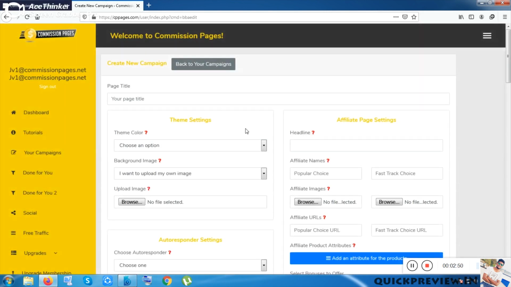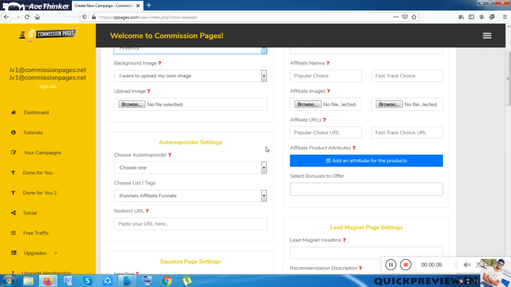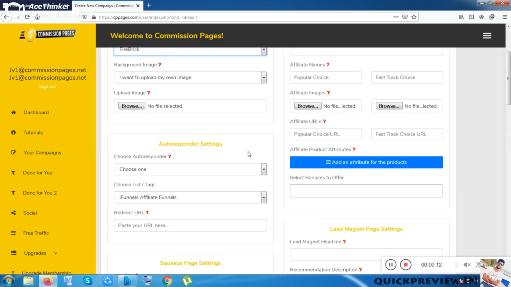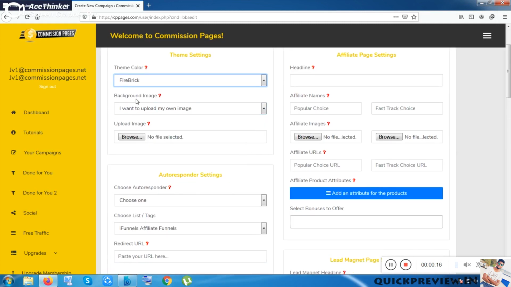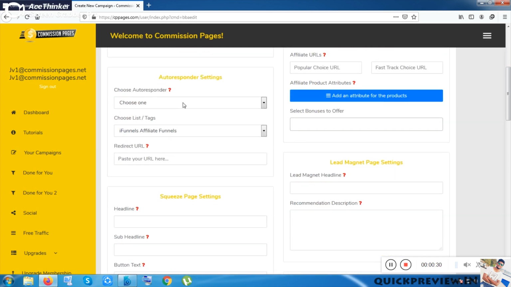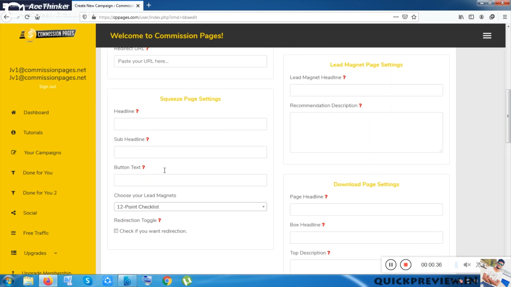Okay, so it has come. You can see this was the form I was talking about, and you can put in the video title, the headline, and the theme color. Everything should be chosen by you. Let me give an overview of each of them. You have to put in the background image. I don't say you have to, but you should use a background image, the affiliate names, the product images, and the featured images, and also the autoresponder feature if you have an email list. These are the headings, subheadings, and buttons. Everything you have to choose.